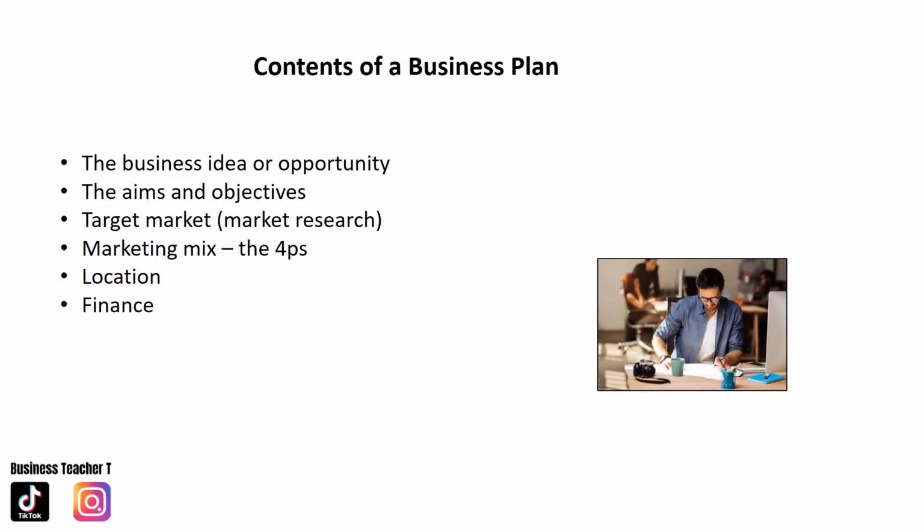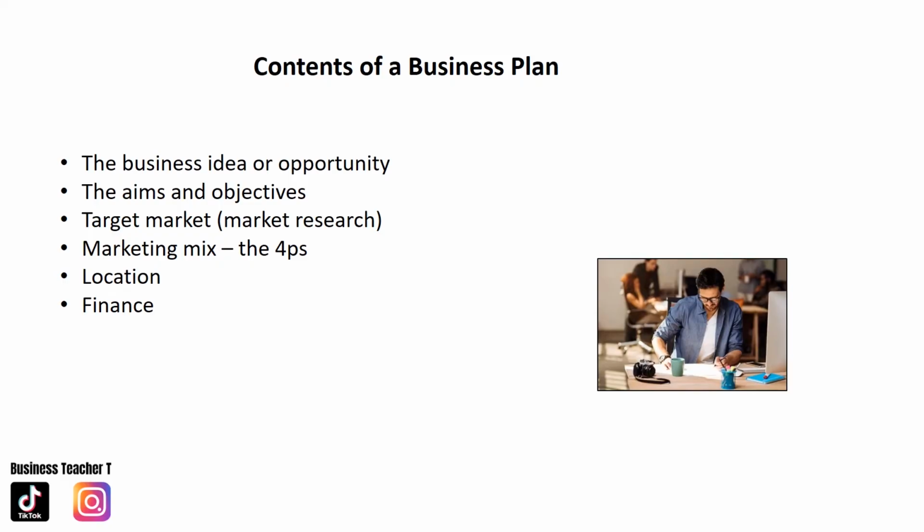There should be information about the target market, also market research type of information. It could contain the size of the potential market, a description of the potential market, all backed up with market research. The business plan will also include information on the staffing, who will be employed to work in the business. It should also include information on the marketing mix.